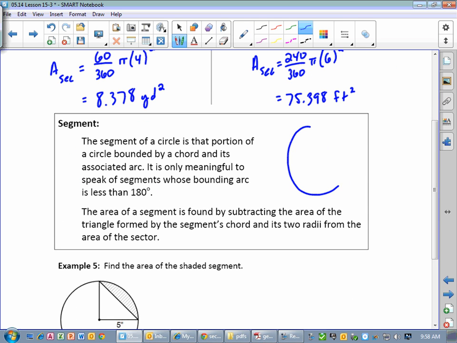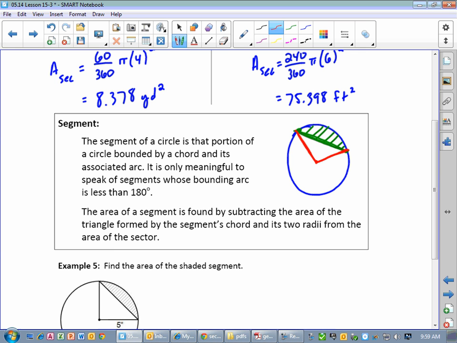Okay, so if we have a circle, and if we have a chord drawn in that circle, then when we refer to the segment, we're talking about the area of the circle that's between the edge of the chord. So that's what we're referring to. And so the idea for this is, if we have the center of our circle there and we draw the radii to those points that are on the chord,